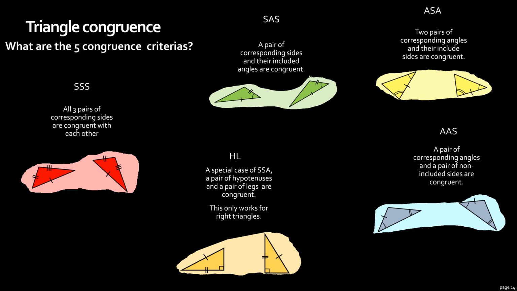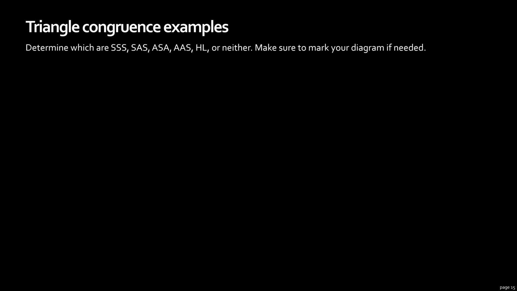So again, as long as you have 2 right triangles, then the only thing you need are a pair of hypotenuses and a pair of corresponding legs that are going to be congruent. And keep in mind, when I talk about hypotenuse, you know that I'm talking about a right triangle because only right triangles have hypotenuses. So here, let's look at some triangle congruence examples, and I want to determine, are these